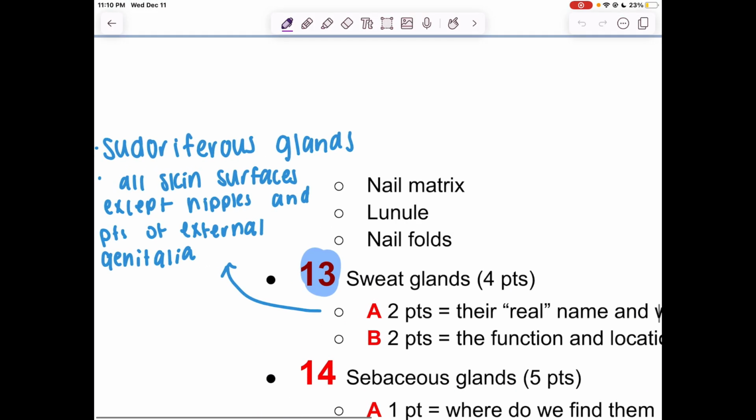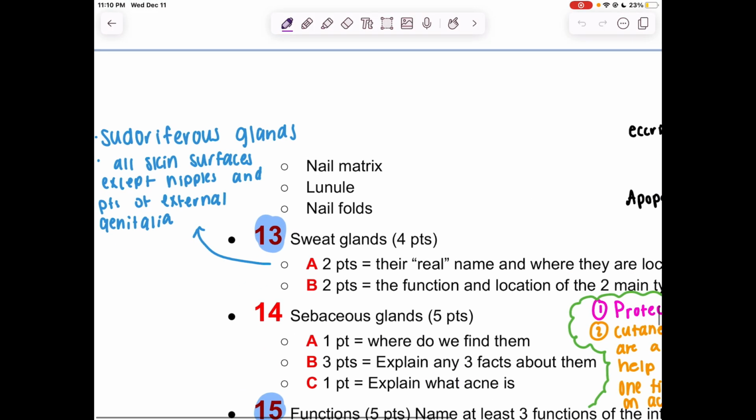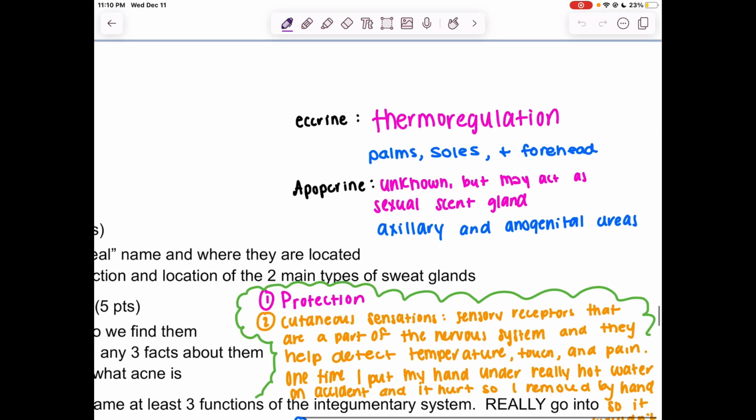Sweat glands, or sudoriferous glands, are located on all skin surfaces except nipples and parts of external genitalia. The 2 main types of sweat glands are eccrine and apocrine. Eccrine is for thermoregulation, and they're found in the palms, soles, and forehead. Apocrine's function is unknown, but they may act as a sexual scent gland, and they are found in axillary